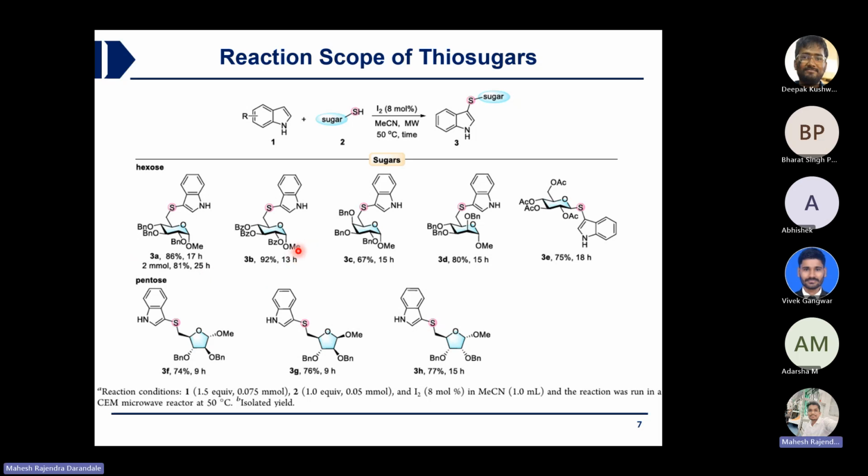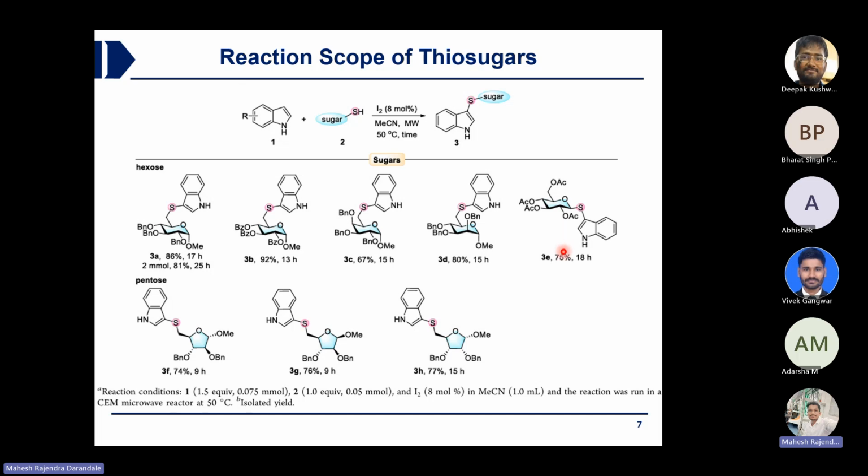Again, in the presence of glucose with the benzoyl protection, they are getting some 92% of the yield. Then benzyl protection in the case of galactose, they are getting some 67% of the yield. Benzyl protection with the mannose, 80% yield. And at the C1 sugar, like C6 sugar, we have seen. Now, in the case of C1 thio sugar, here also they are getting reaction at the C3 position and 75%